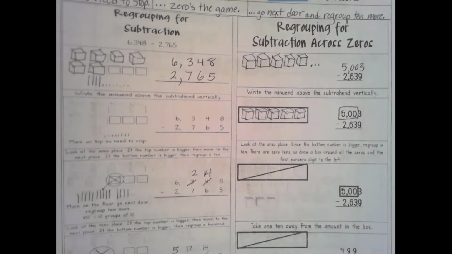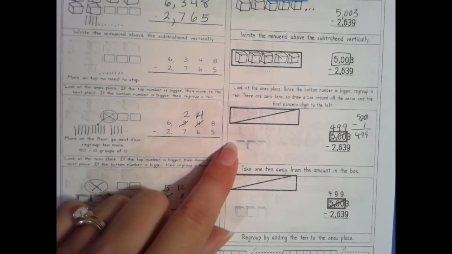Now that we've looked at that, if I cross that out and I take away just 1 ten, well, what's 500? 500, take away 1. We'll count backwards. What number comes right before 500? 499. So this changes to 499. If I take one of those away,